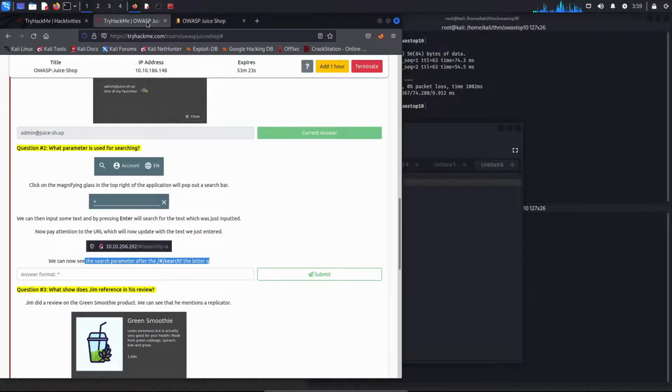Some of these questions might not be intuitive, at least for me, and it's kind of trial and error to see what makes sense and what doesn't, so that you can come up with the solution. Sometimes the answer is right in front of us, and this is one of these cases. So this is the letter Q. That's the parameter used for searching.